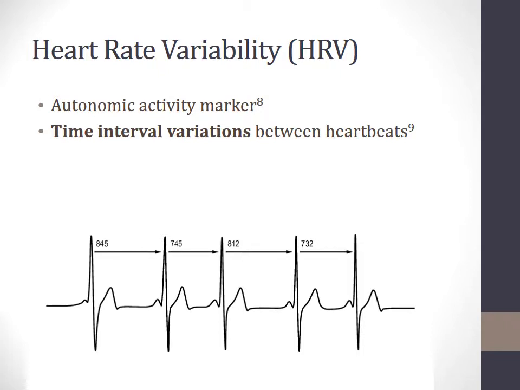Another marker of activity in the autonomic nervous system is heart rate variability. So essentially we're just looking at what is the time between heartbeats, and how much does that time between heartbeats change at rest? So if that variable is relatively static, and we're just seeing more or less the same number over and over again, that indicates that the parasympathetic nervous system most likely is getting its way, in the sense that there is